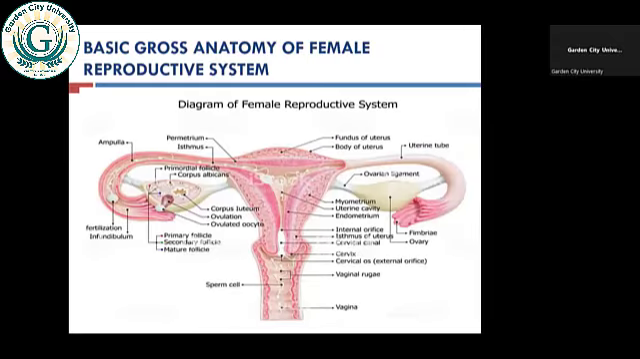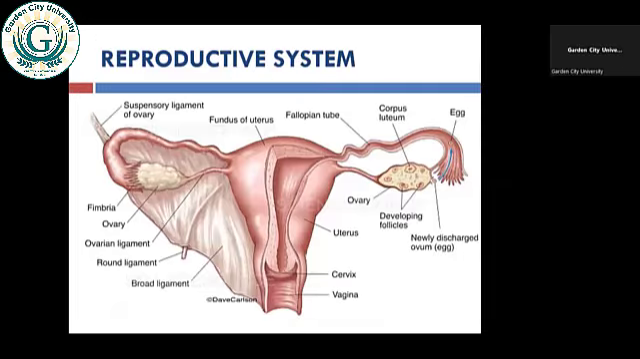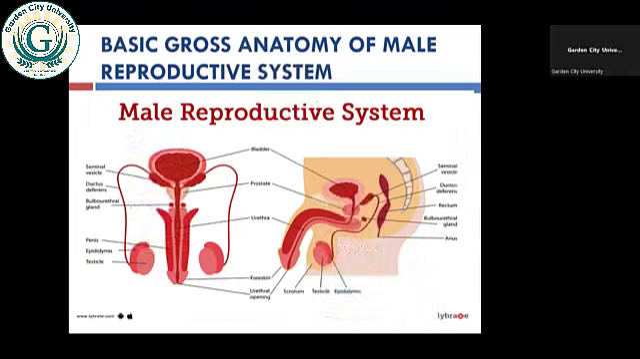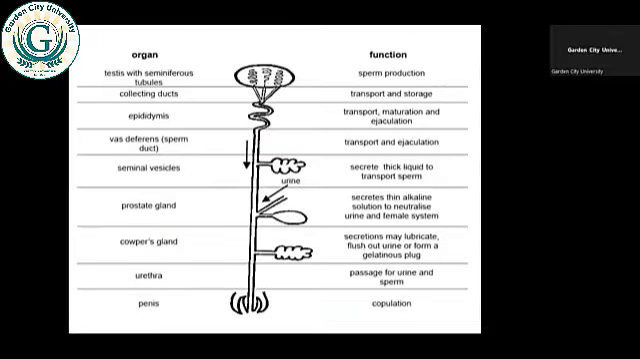So know about the gross anatomy of the female reproductive system, what it entails, and also the male reproductive system. Because in family planning, we need to use the two, both the female and the male reproductive system. Then these are the organs of the male reproductive system and their functions. We have the testes and the seminiferous tubules, and then they are used for sperm production, the collecting ducts for transport and storage,